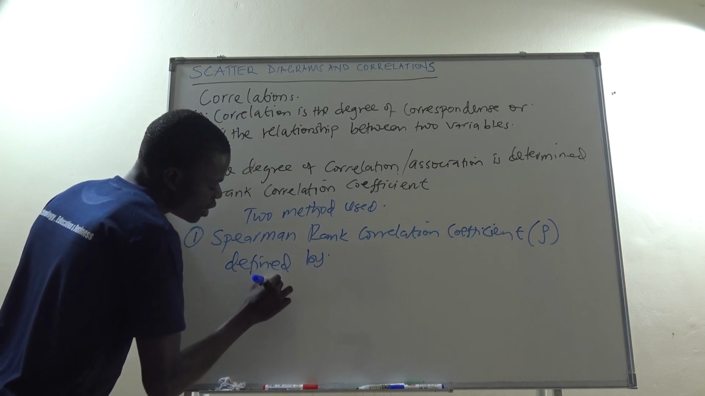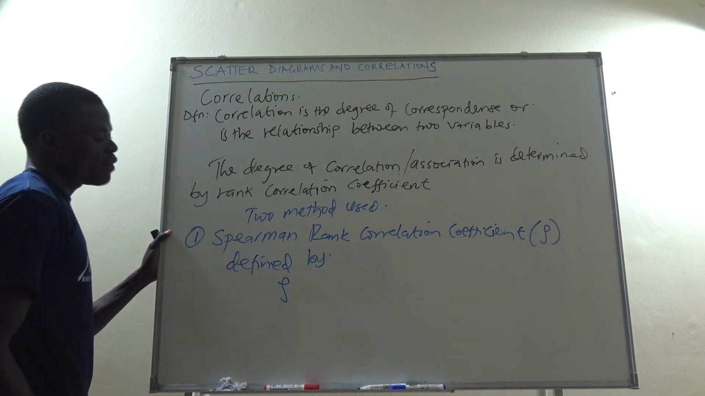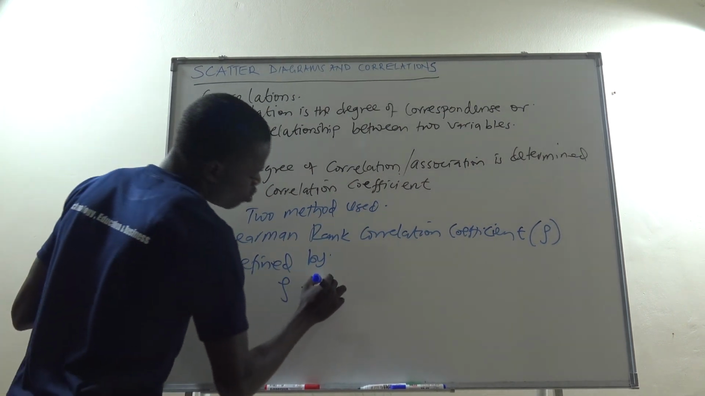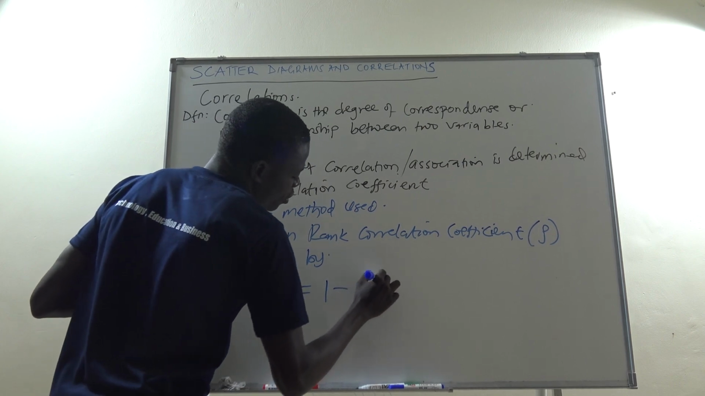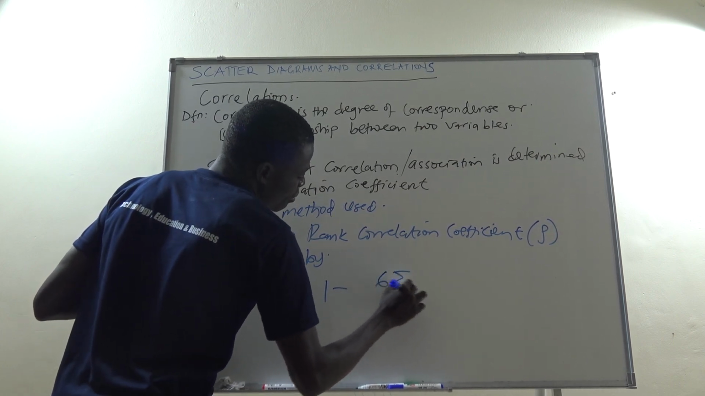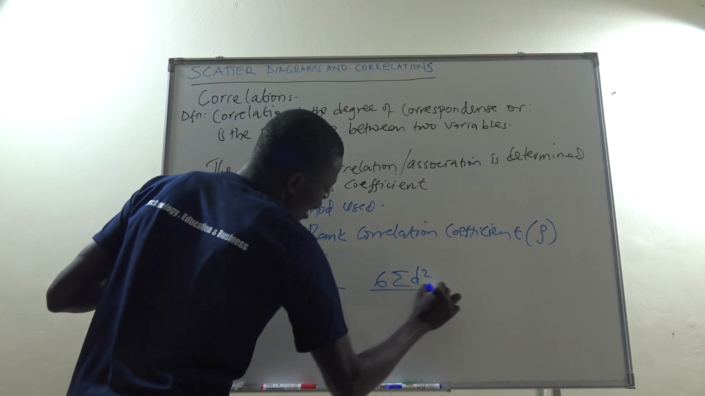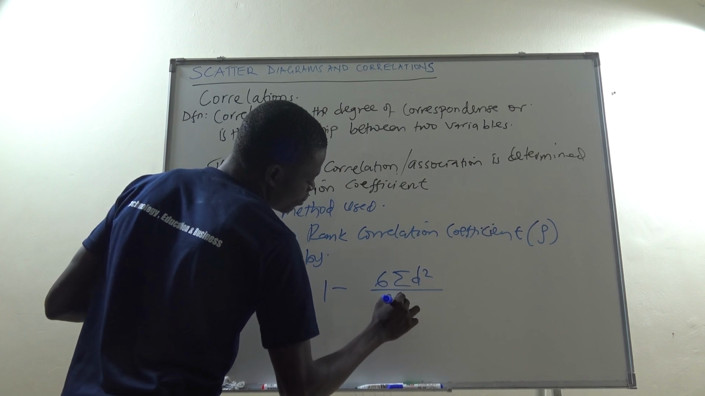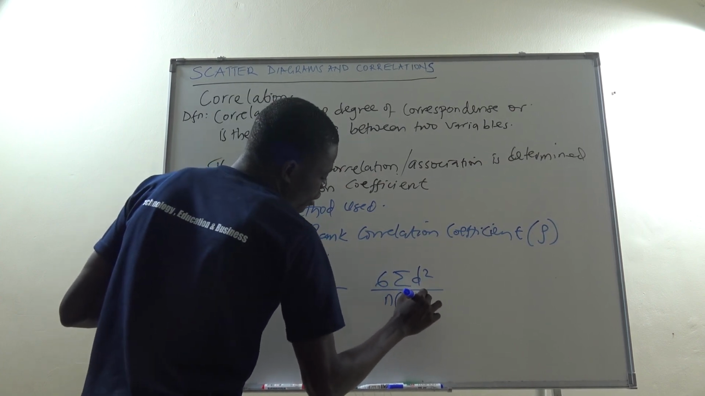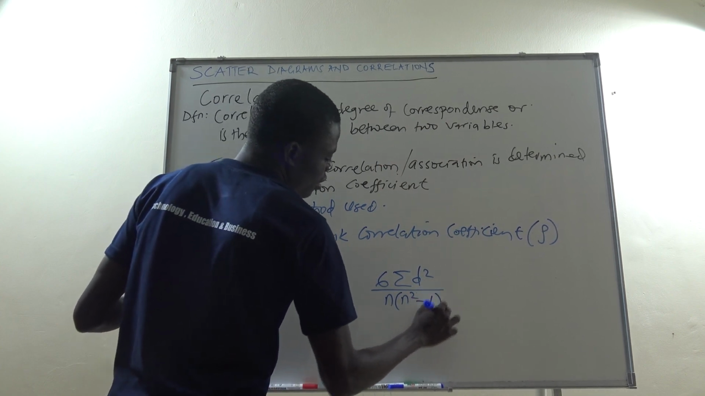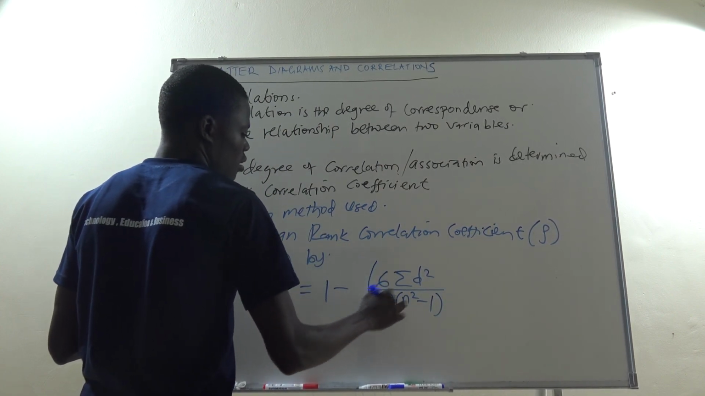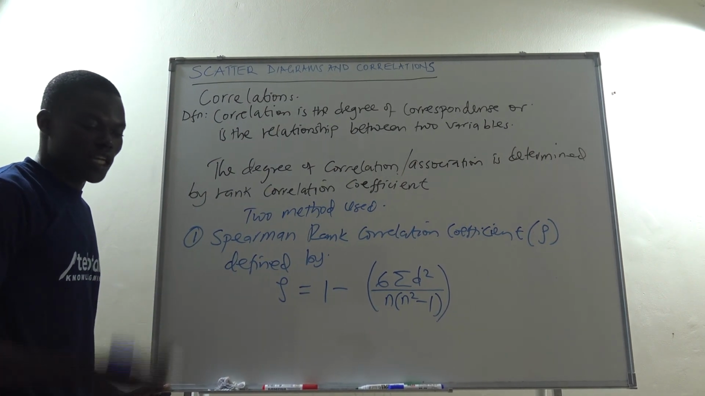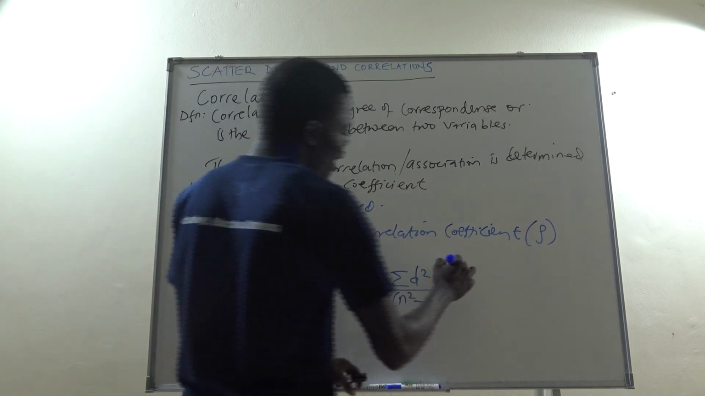So Spearman's rank correlation coefficient is defined by sigma equals 1 minus 6 summation of d squared over n into n squared minus 1. That one gives you Spearman's rank correlation coefficient, where